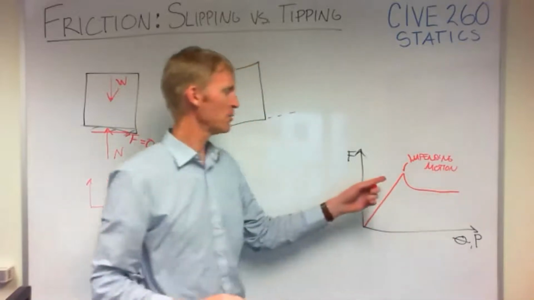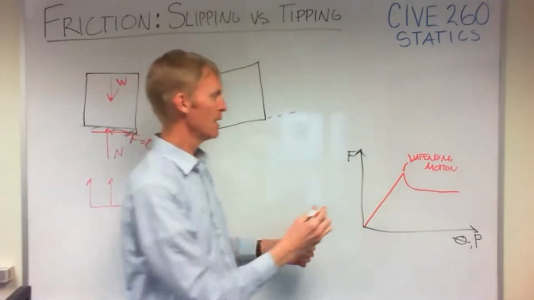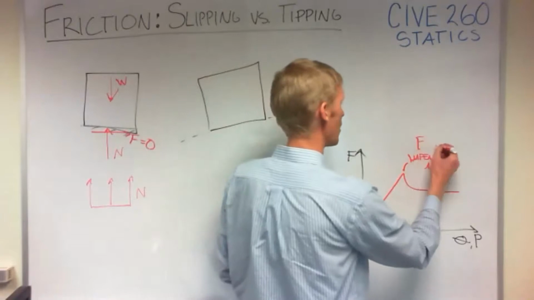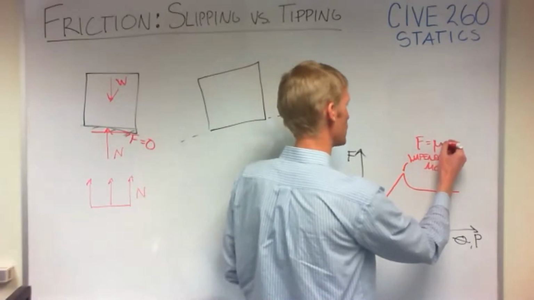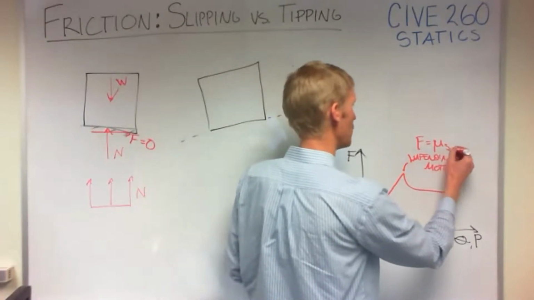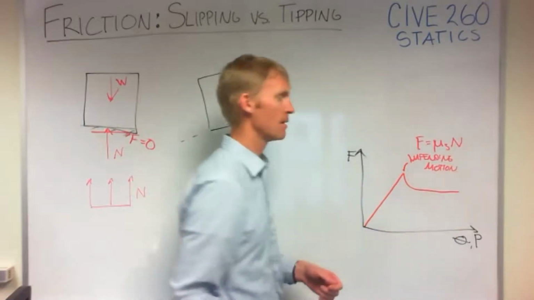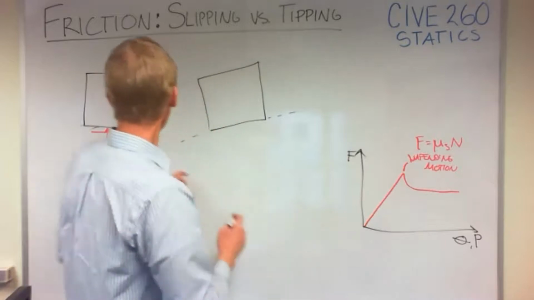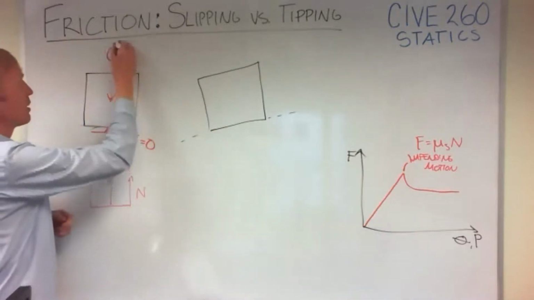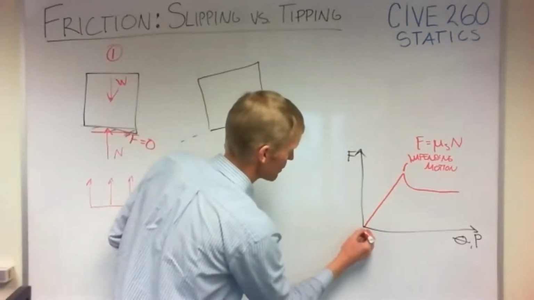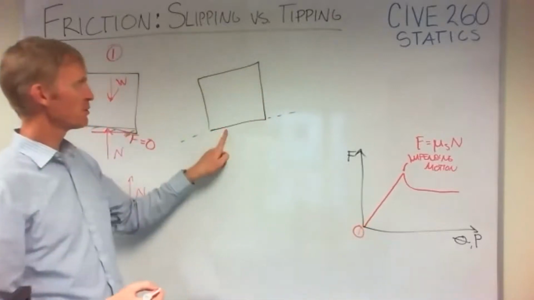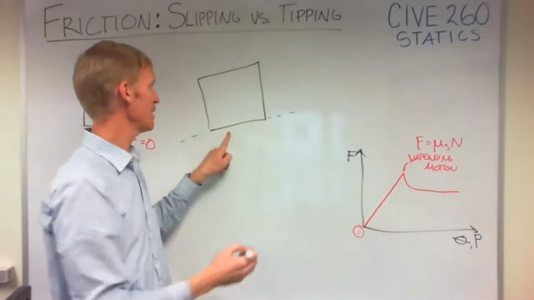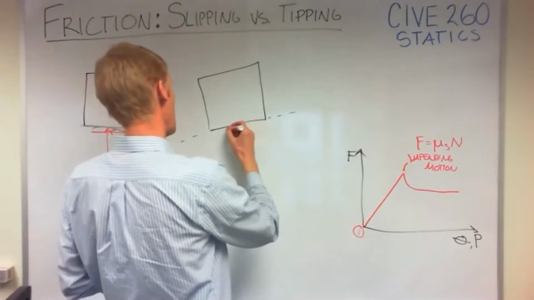Realizing I'm probably running way too small for my camera and this distance here, but at impending motion, we can say that our friction force is equal to our friction coefficient, mu sub s, times N. That turns out to be our maximum friction. So looking over here, if we call this scenario 1, that's right down here. Scenario 2, if we're reaching a point of slipping, let's go ahead and add some things here to the